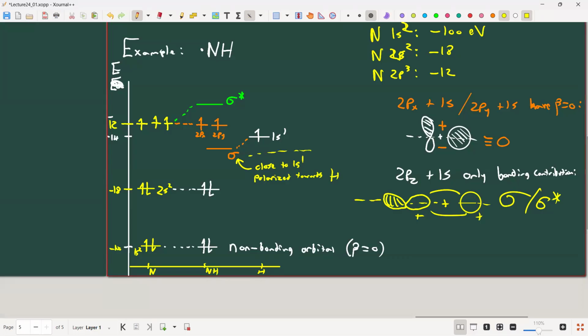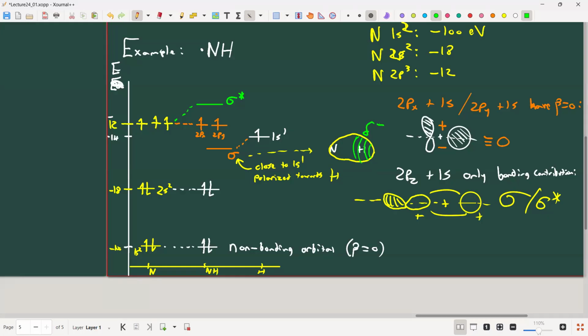We would expect that if we have the nitrogen here and the H here, the orbital is wide, and then it polarizes around the H instead, and less around the N. So we get a lot of negative charge buildup on this side